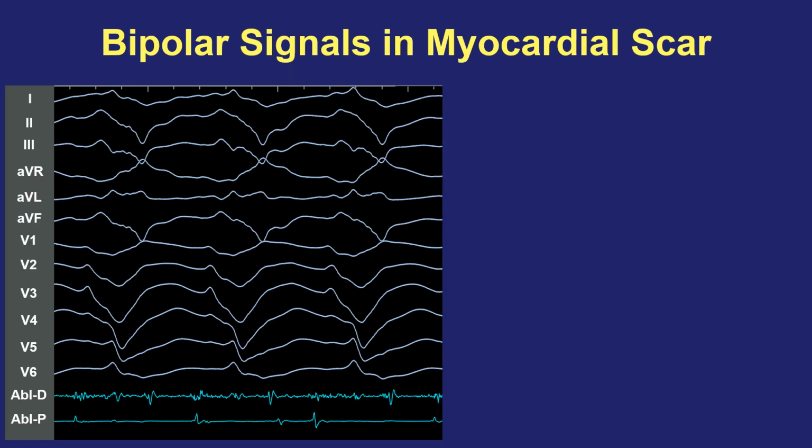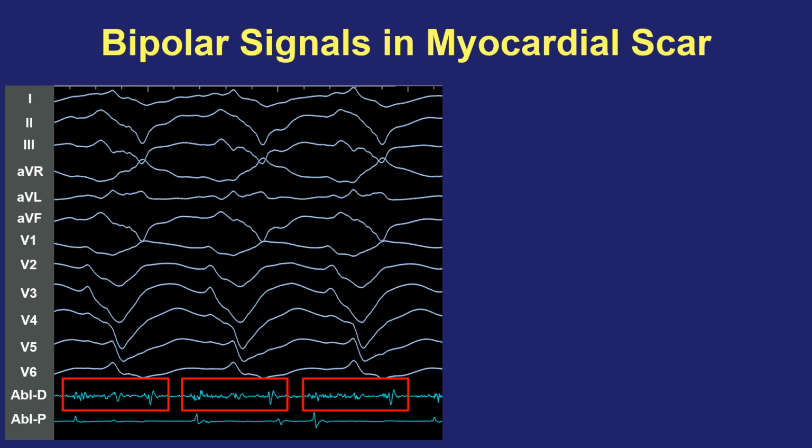And here are two examples so that you can see that I'm not just drawing cartoons, but these are in fact reflective of actual types of signals that you can see in myocardial scar. Here's one example of ventricular tachycardia, where we can see electrograms being recorded from an ablation catheter, a bipole sitting within myocardium during ventricular tachycardia, and you can see this repeating pattern of near field sharp and far field blunt